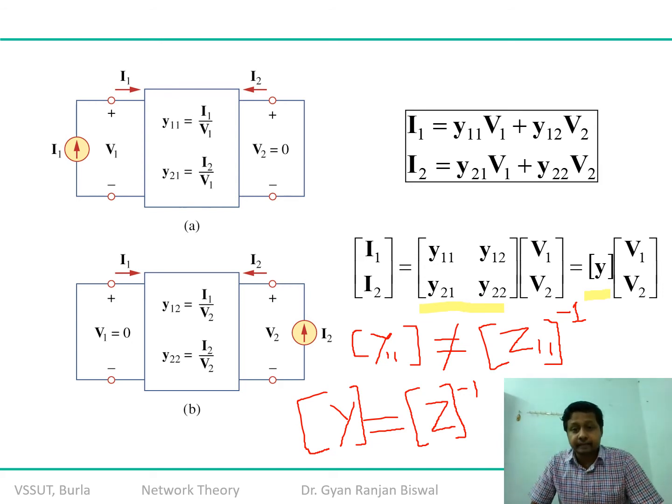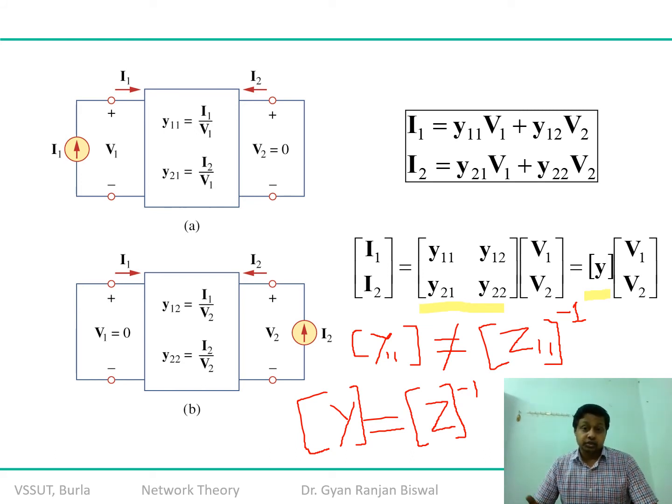Why? Can anybody notice the circumstances or the conditions you applied? You must see that all the individual z parameters, whether it is z11, 12, 21 or 22, are worked out by applying a constraint, that is one of the terminals is open circuited. So z11 we find when we assume that I2 is equal to 0, that means the output terminal is open circuited. But if you work out y11, then we calculate y11 by short circuiting the output terminal.